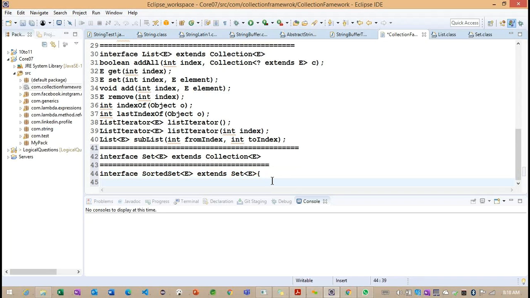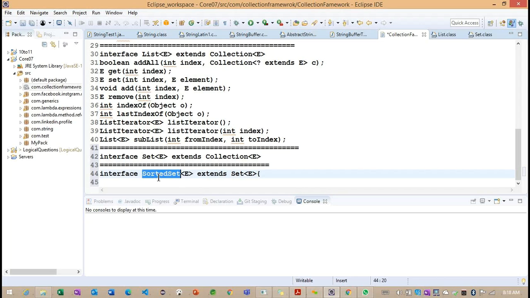Getting the point? We can define this particular sorted set here. Now we understand the purpose of this particular interface. What is the purpose of this sorted set? Its purpose is to provide whether the objects we need to sort are in ascending or descending order, so that we can understand here.